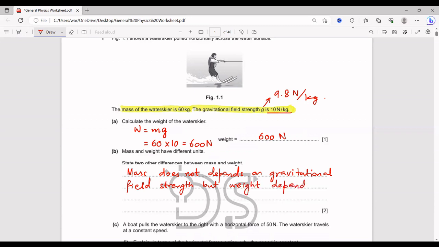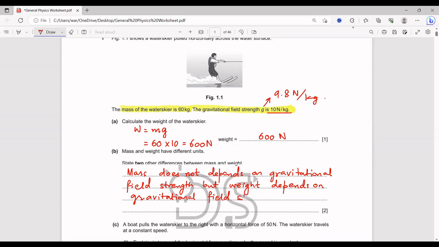It means, bachcho, when you take a body to the surface of the moon,